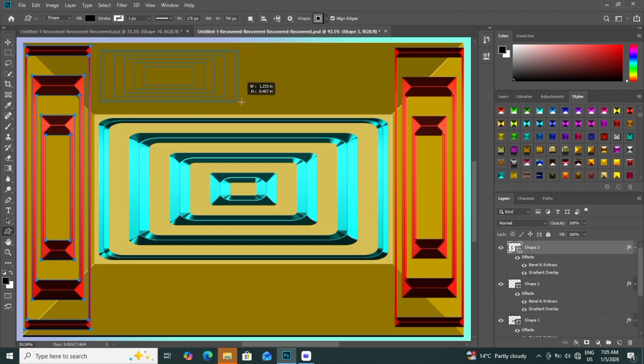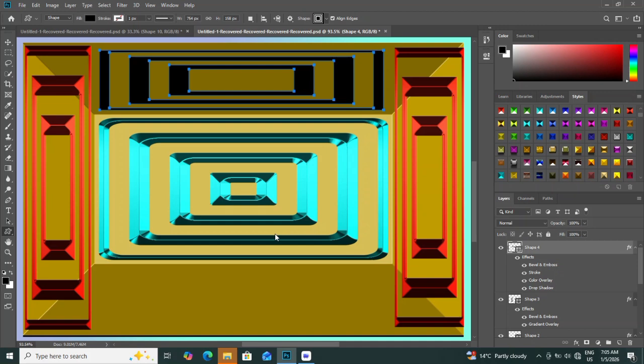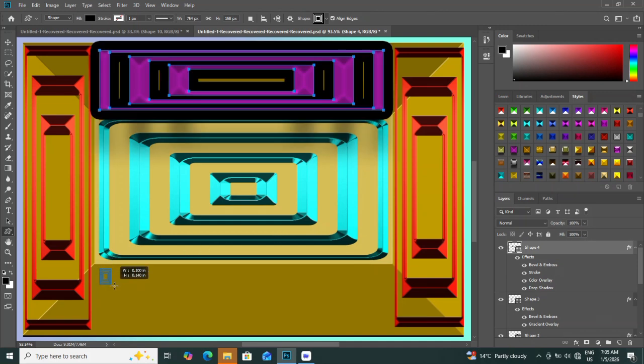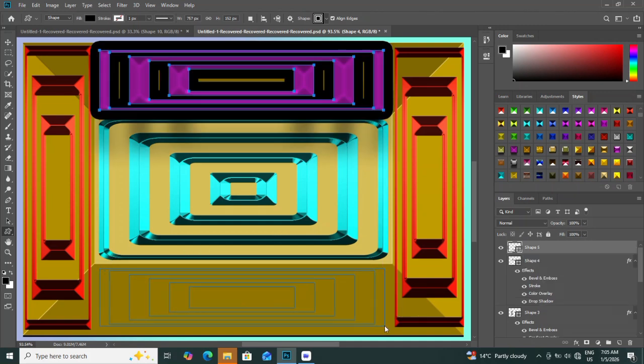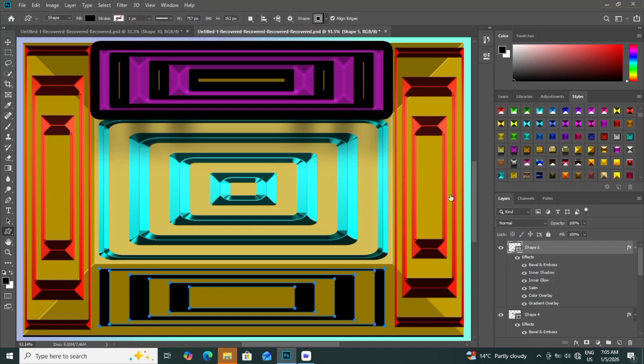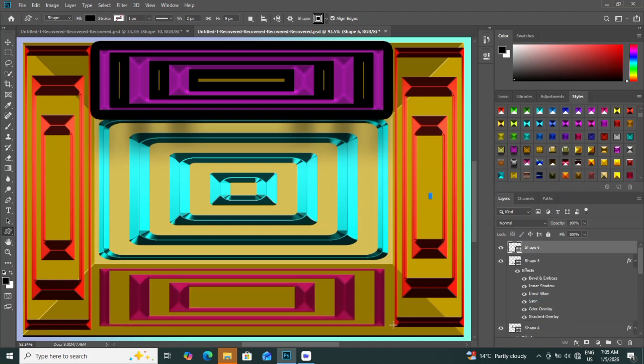Now I add thin accent rectangles and circles as design elements, applying complementary gradients. Next I refine alignment and corner radius to maintain smooth modern aesthetics. Then I apply layer styles like